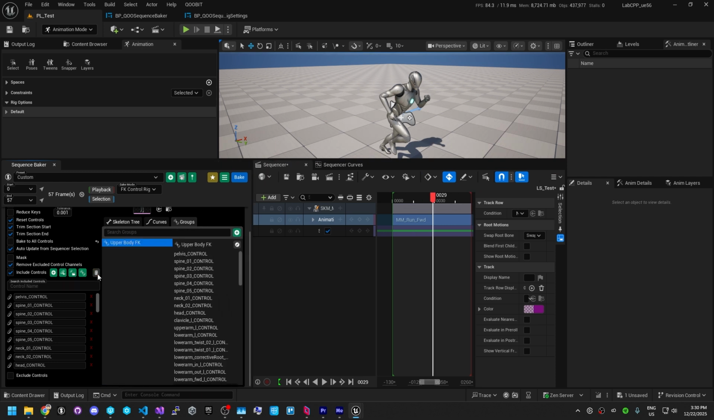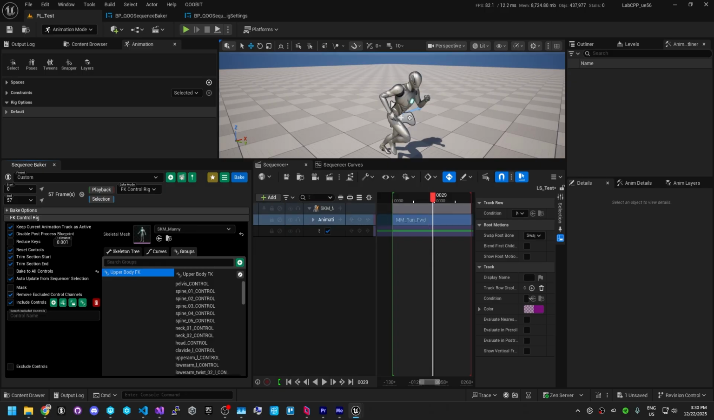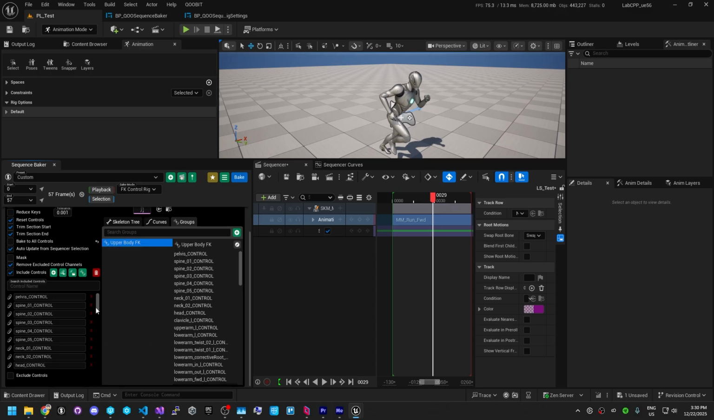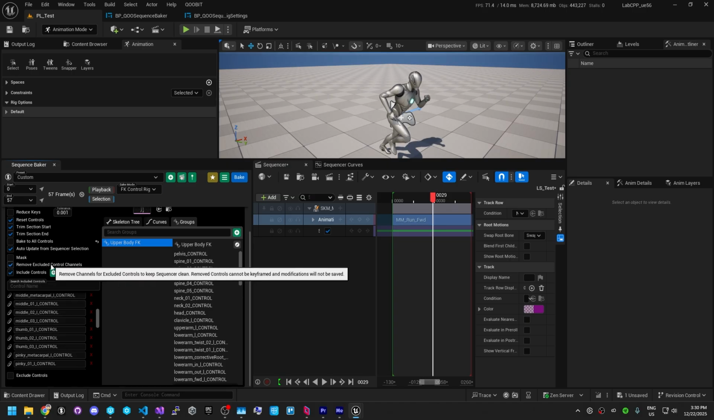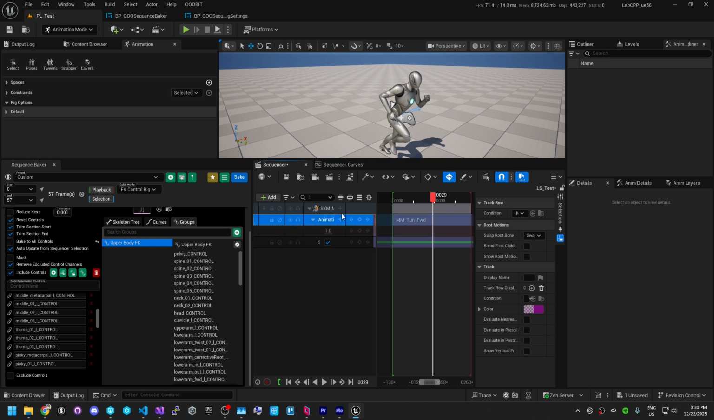So if we accidentally deleted this, or if we were changing different groups and we needed to bring this back, we can just make sure we're in the groups tab, select our saved group, and click the button here, and it will bring the group back into our included control list. With this created now, we can do a bake with only including these controls. We're just going to keep this remove excluded control channels checked. And if we do a bake now,